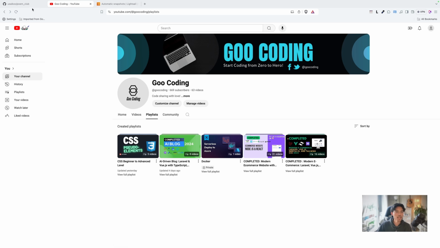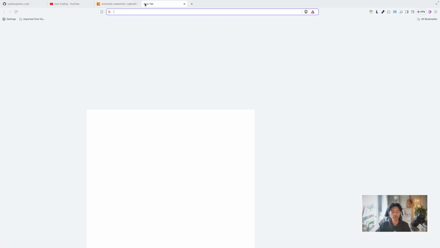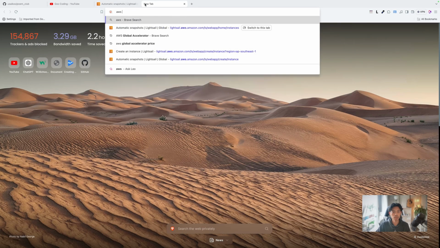So that being said, let's go and create the AWS Lightsail account. In order to get that, you have to create your own account. For me, I have already registered, so I am in Amazon Lightsail. If you don't have one, you can search for AWS